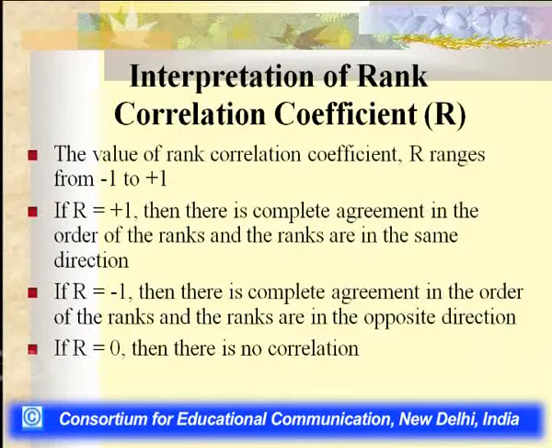If R is equal to -1, then there is a complete agreement in the order of ranks and the ranks are in the opposite direction. If R is equal to 0, then there is no correlation. So if you see the measurement aspect of the interpretation of the Spearman rank correlation, it also shows that when